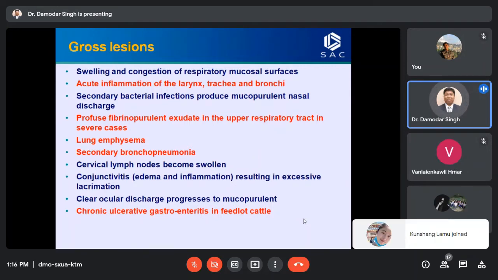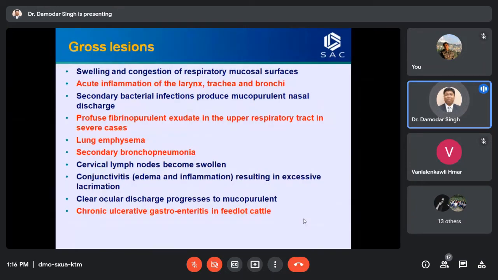Then you can think of some pneumonic changes, right? So in such cases, you can suspect that the animal has already been infected by secondary bacterial organisms, right? And there may be profuse fibrinous with purulent exudation from the upper respiratory tract in very severe cases, and the lung may show emphysema, as well as secondary bronchopneumonia, and the cervical lymph